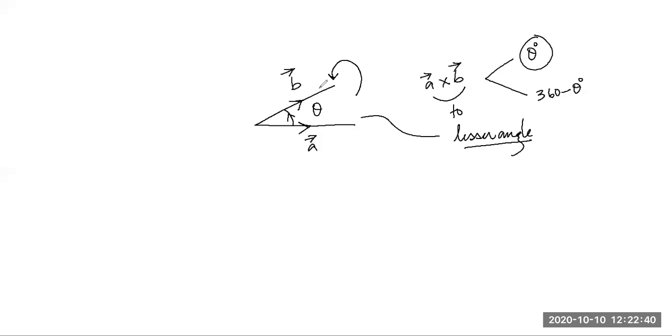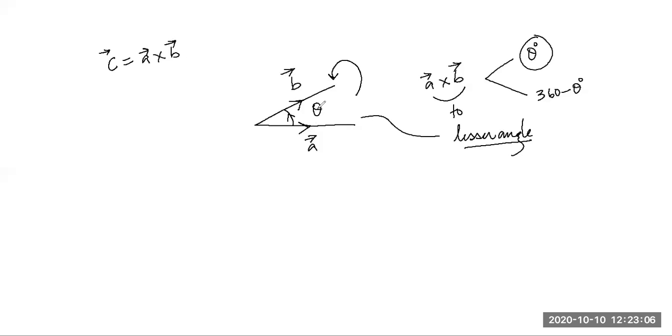Curl the fingers inside and see your thumb is protruding outwards towards your face. So this is the right hand thumb rule, which gives the explanation for the vector C, which is equal to A